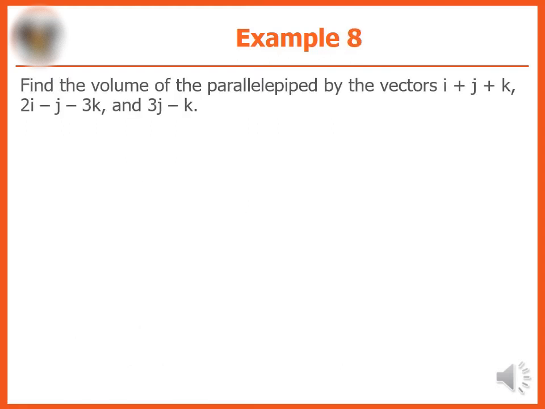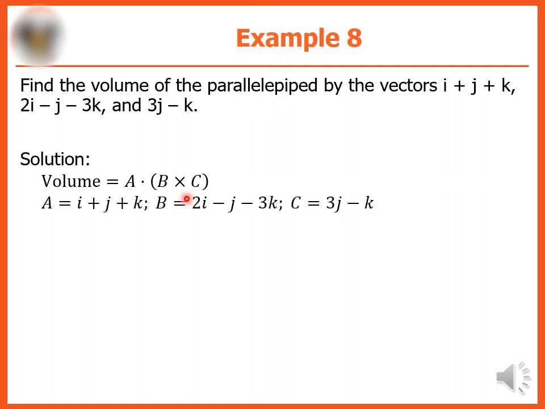Next example, we're going to find the volume of a parallelepiped formed by the vectors i plus j plus k, 2i minus j minus 3k, and 3j minus k. So for the solution, this is the formula for the volume of a parallelepiped. Your vector A is i plus j plus k, your vector B is 2i minus j minus 3k, and your vector C is 3j minus k. Now, applying the formula, we're going to solve first for the cross product of